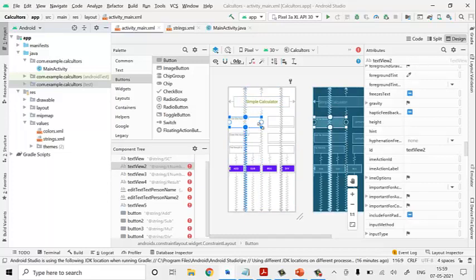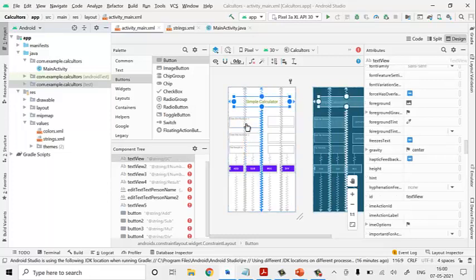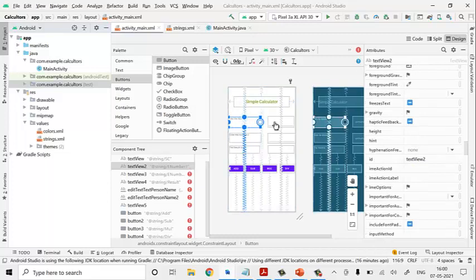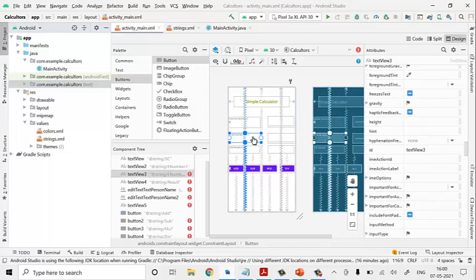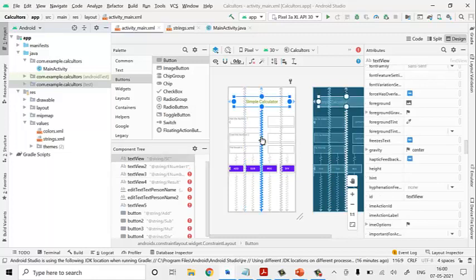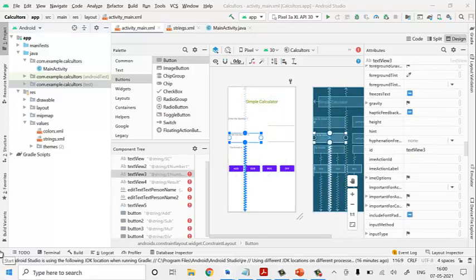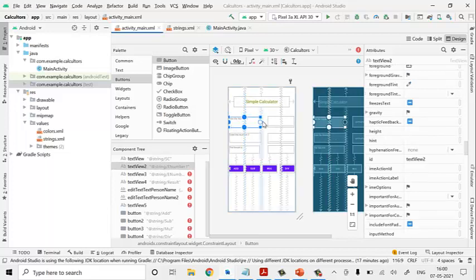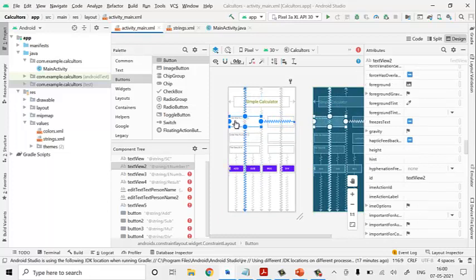We have to set this. You have to set it as it is for this.